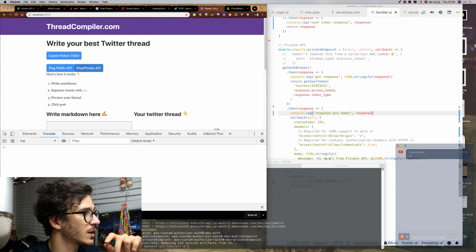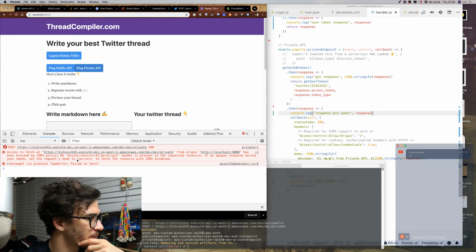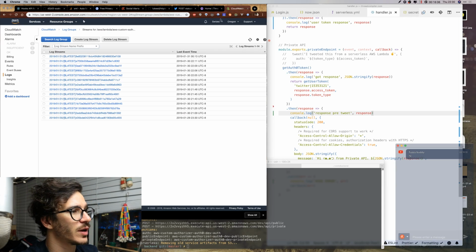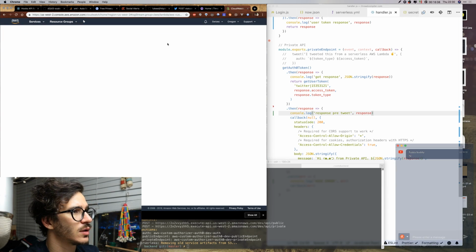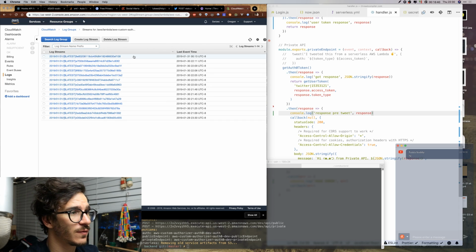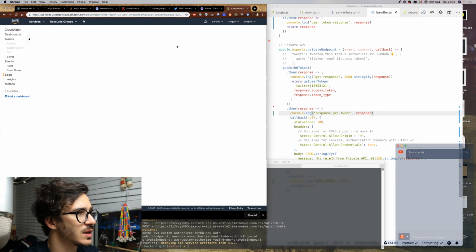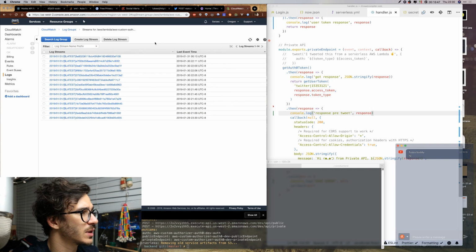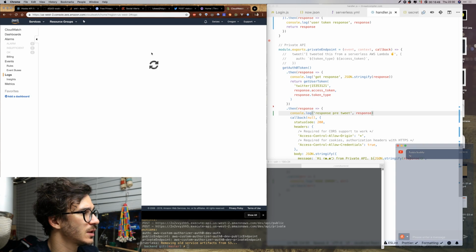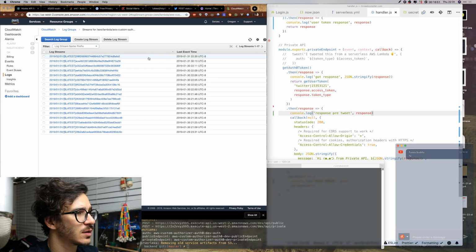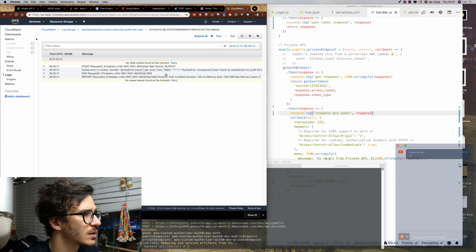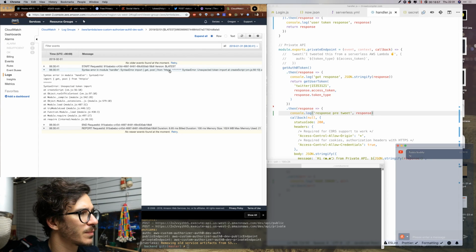So now if I click ping private API, aha, we got a 500 error. Wonderful. So believe it or not, the 500 error is actually progress since yesterday. But that one shows up here in the auth service. Yes, 2230, that's us. Unexpected token import.